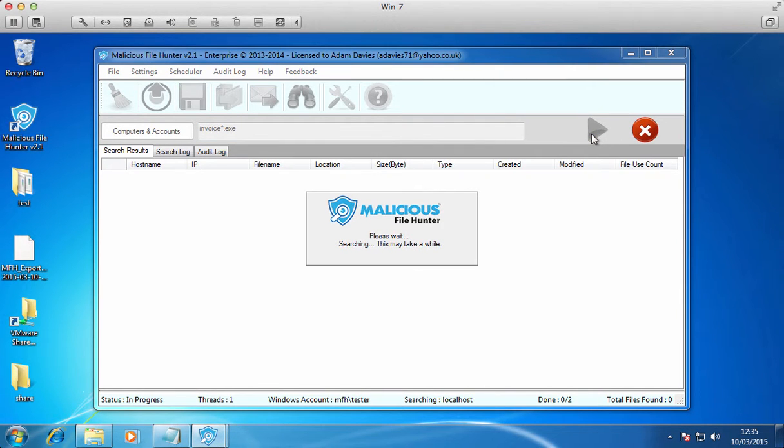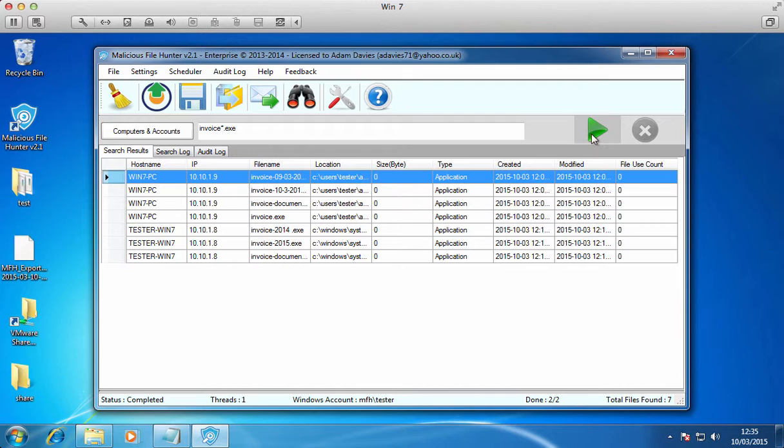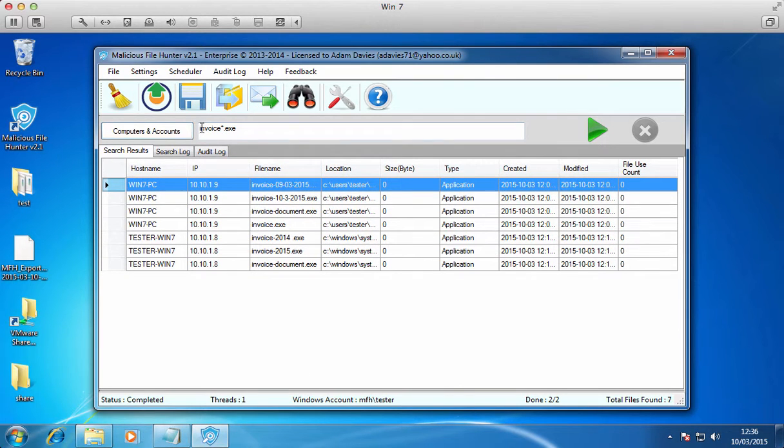Now it's important to know that adding wildcards to your search does add a tax on performance. It does use up a bit more resources, and it takes a bit more time to return results. Again, it all depends on resources available on a remote computer as well as the speed of your network. So here it returned all variations of invoice, including if there is no character, so invoice.exe, invoice document,